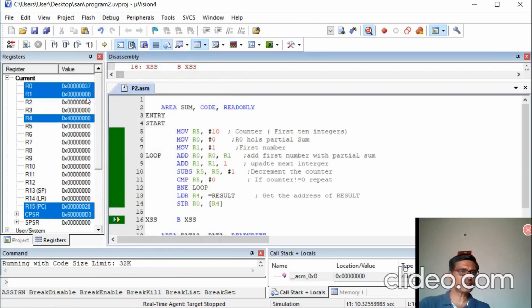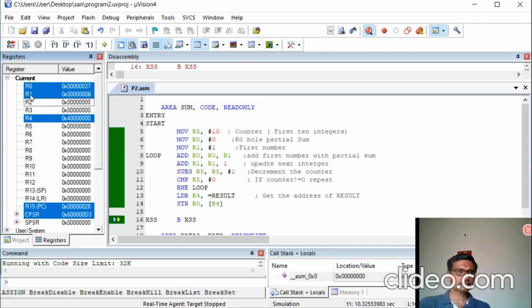After stopping, you can see the contents of R0, R1, R4. All are updated. What is there in R0? Our result. As I mentioned in my first slide, our result will be 00000037. The sum of the first 10 integers is 37 in hexadecimal form. That is available in R0.